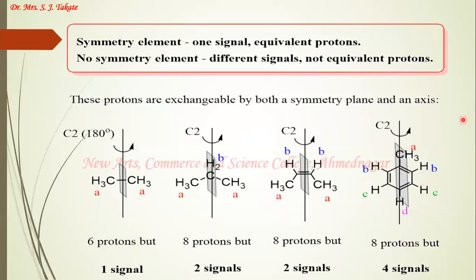So depending on this, now look at this example, how many types of protons are there? Whenever a plane is present, look at the half part of that. This 1, 2, 3 and 4. So 4 different sets of hydrogens are present. So there are 4 signals even though there are 8 hydrogens. In this case, there are 2 sets of protons on one half part of this molecule by the plane. If you look, a hydrogen is there and a methyl group is there. So only 2 signals will be there. In this case also only 2 signals. And in the case of ethane, you are going to get only 1 signal.